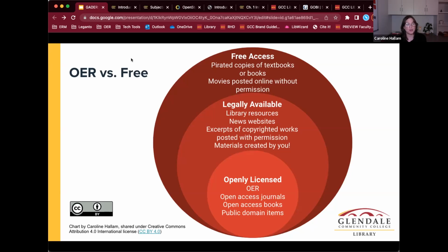However, they are illegally posted and often illegally hosted. You don't want to take that pirated content and copy it onto school systems and share it out, because that opens you up for a liability, right? You're pirating content, you're violating copyright. If you link to it, the link can go down. So this isn't something you want to rely on as the way that you're going to give all of your students free content, right? You don't want to link or add that content into the school systems, because that is